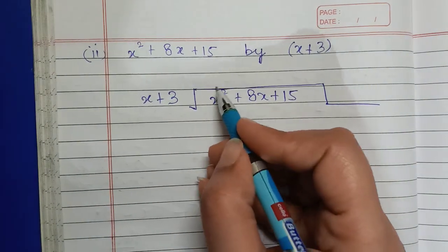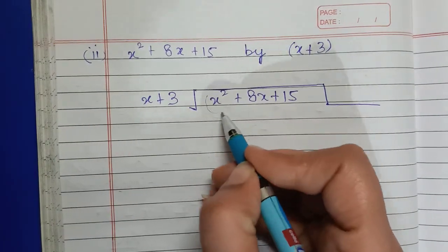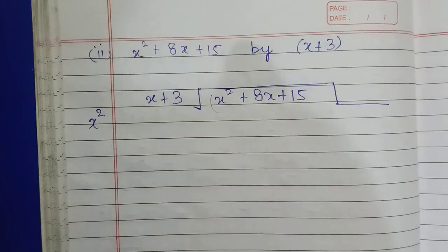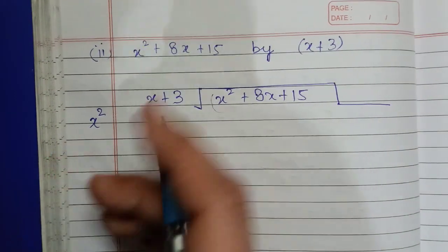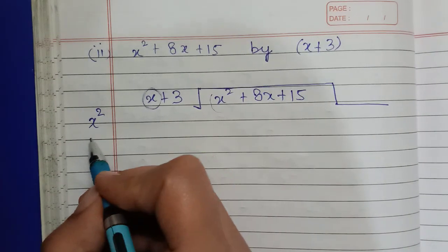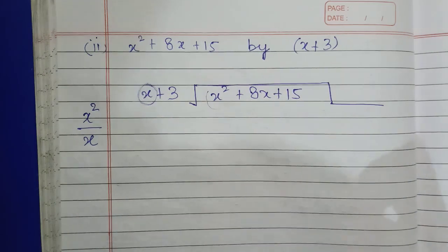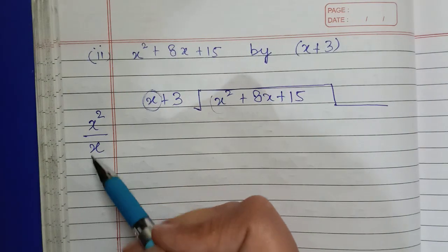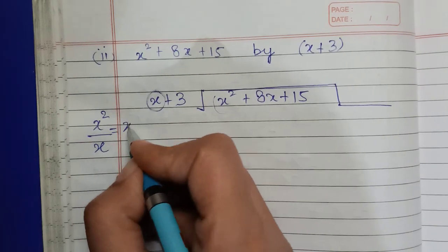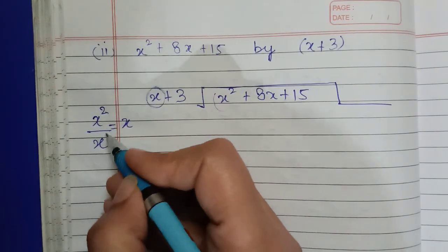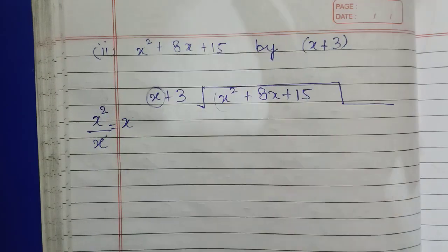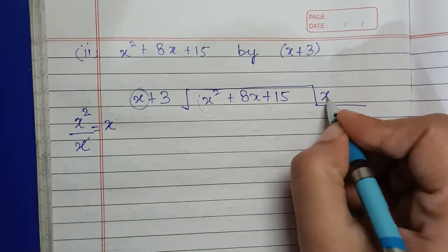Now we will take the first term. We will consider the first term of this algebraic expression. This is x square. Put it in rough, okay? And take the first term of this. Fine. Keep it in rough. Then solve it. What will it give? It will give x. We will subtract the powers. Fine. So 2 minus 1 is 1, or you can cancel. So this will be x here.